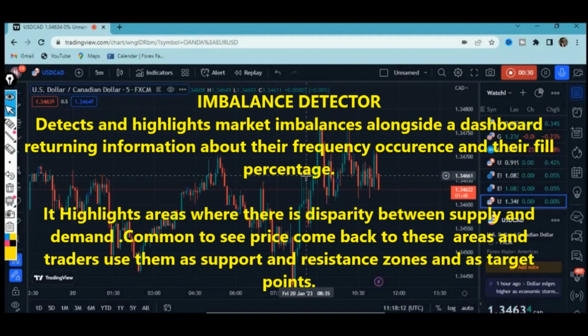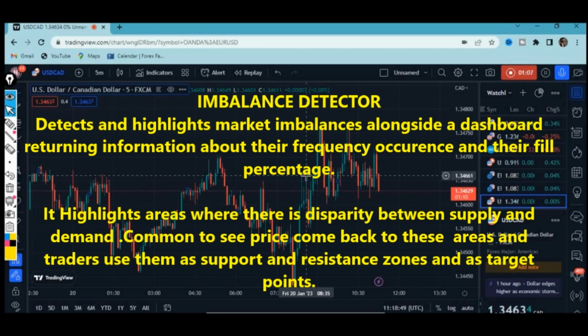So this indicator detects and highlights market imbalances alongside a dashboard, returning information about their frequency, occurrence, and their fill percentage. And the imbalances here include the FVG, the opening gaps, and the imbalance volumes. Okay, and so this indicator highlights areas where there is a disparity between supply and demand, and that's why it's so common to see price coming back to those levels, and traders use them as their support and resistance,